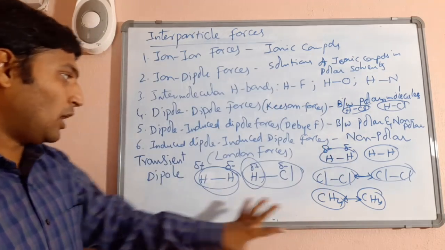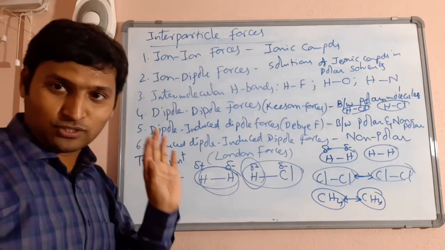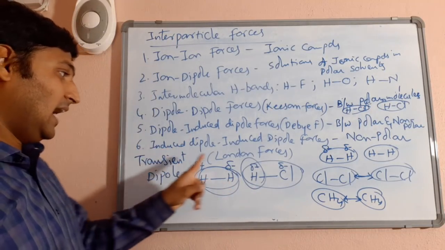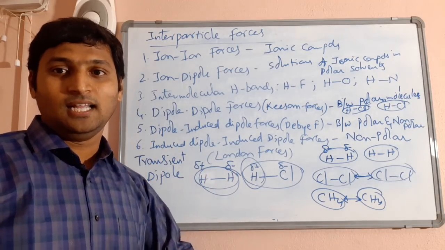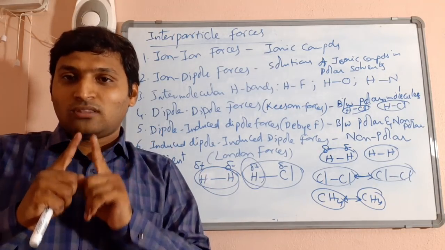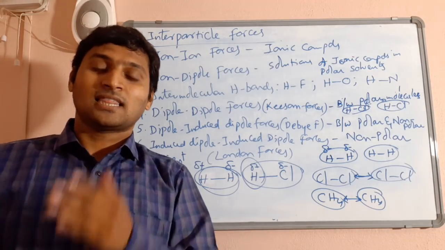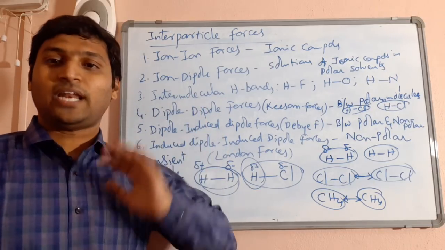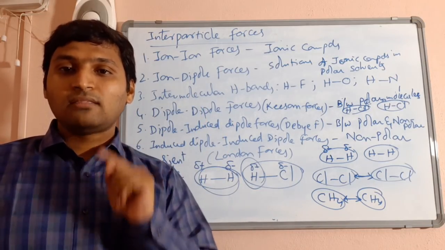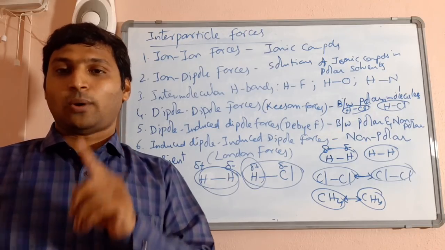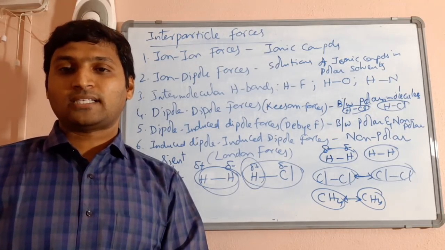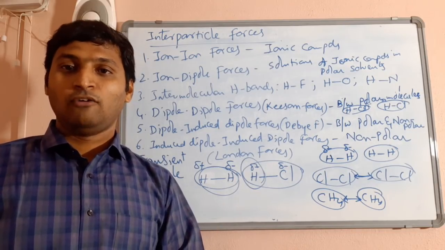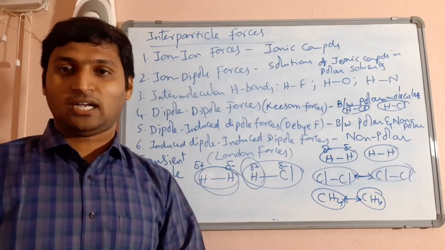These are the various possible types of interparticle forces. Among them, ion-ion is strongest and London forces are the weakest. This knowledge is very much required throughout the rest of the chapter, until I finish the concept of vapor pressure of solutions. Now, with this knowledge, let us answer questions 2 and 3 of your review exercise 2.2. Then we can go to question number 1, for which I need to quickly revise Le Chatelier's principle.